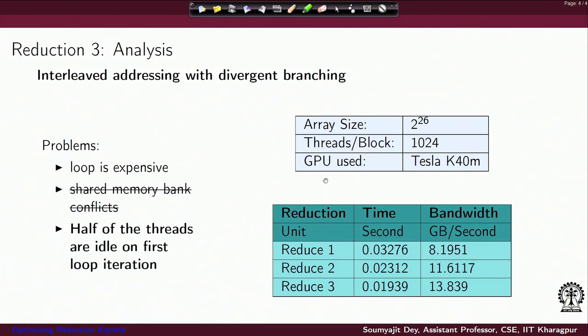When the reduction code reduces this entire array on a Tesla K40 GPU, these are the timings and these are the bandwidths. The timings tell me the total execution time for this initial array size, across the multiple kernel invocations required for reducing the entire array. The bandwidth gives me the total number of loads and stores that have happened divided by the time spent.